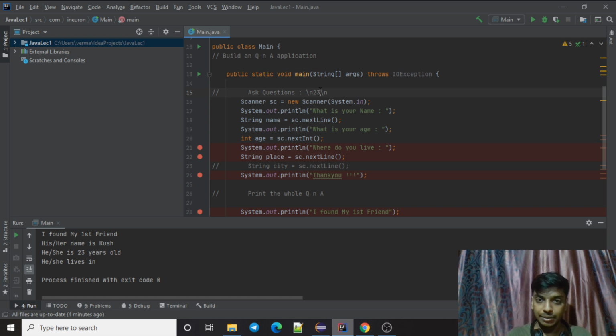It takes this empty string as input because I already have a breaking point available. nextLine knows that I'm done with the input by recognizing this \n, and because I already have \n, it took whatever was available before \n, which was this empty string. So that empty string got loaded to place and it moved ahead.